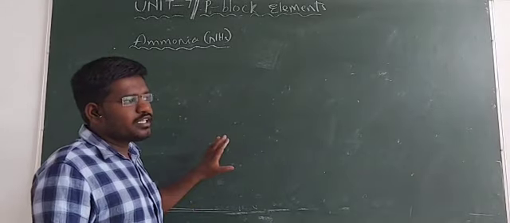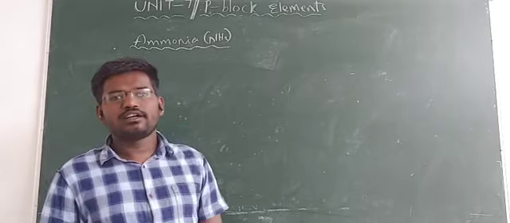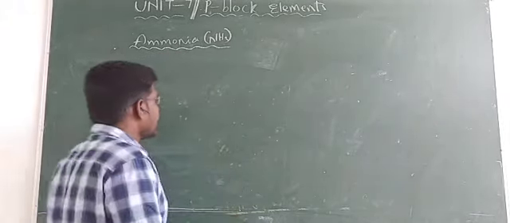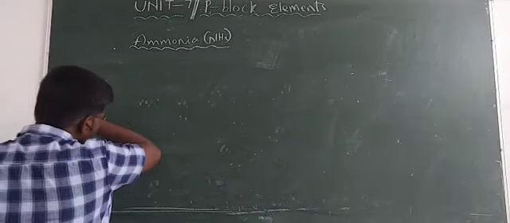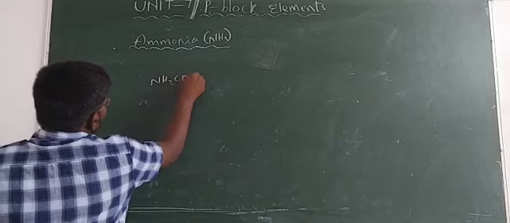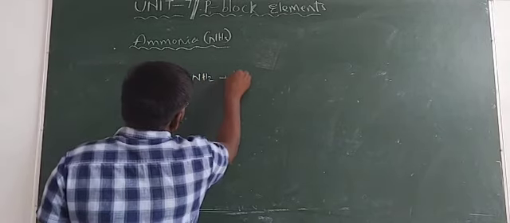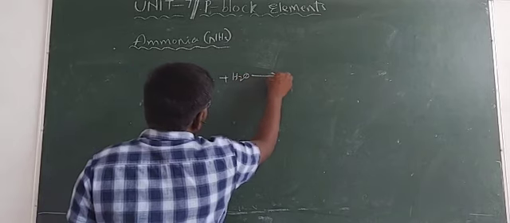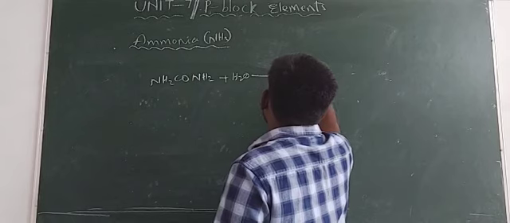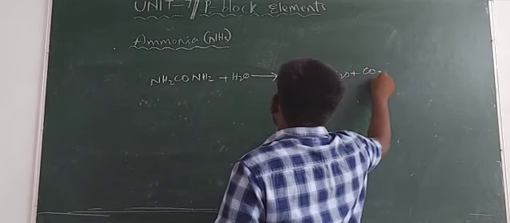So in soil, ammonia is formed due to the decay of the nitrogenous organic compounds, nitrogenous organic matter. Example, urea. So you know urea formula is NH2CONH2. This one reacts with the moisture or water present in the soil and gives 2 moles of the NH3, and next one water, and next one carbon dioxide.